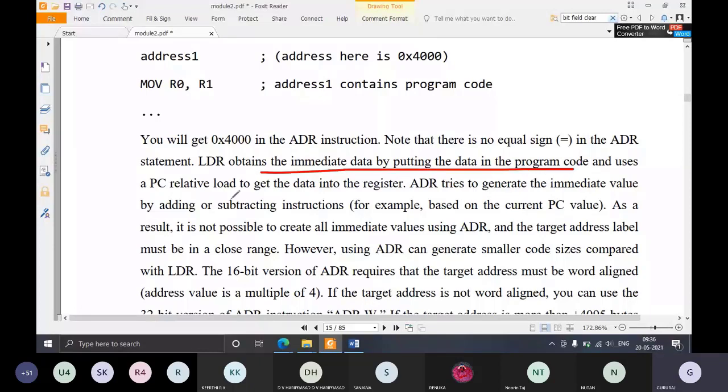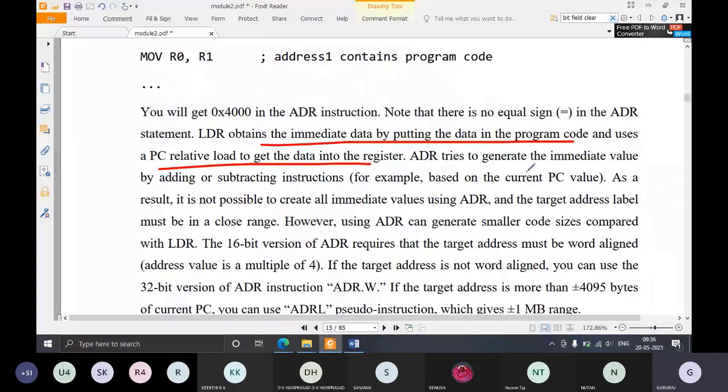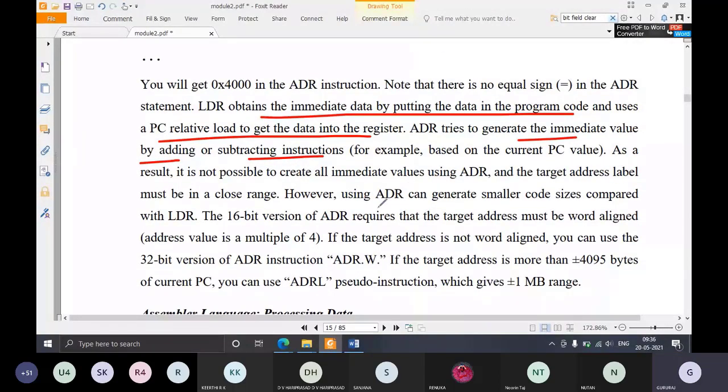But ADR tries to generate the immediate value by adding or subtracting instructions. That is why ADR can generate smaller code sizes compared to LDR. So ADR should be used whenever the code size is small, but LDR can be used whenever the code size is large also.